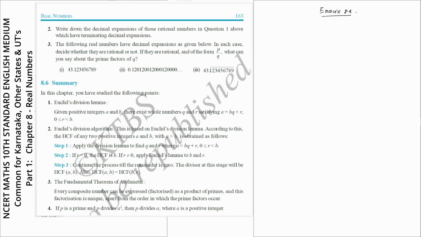Exercise 8.4, question number 3. The following real numbers have decimal expansion as given below. In each case, decide whether they are rational or not. If they are rational and of the form P by Q, what can you say about the prime factors of Q? So first sub question is